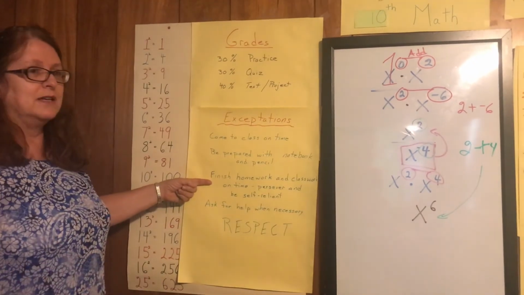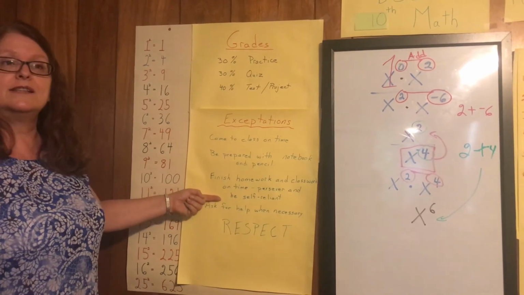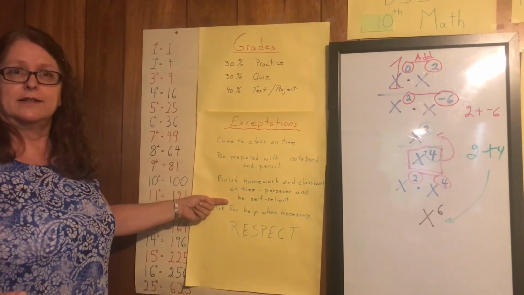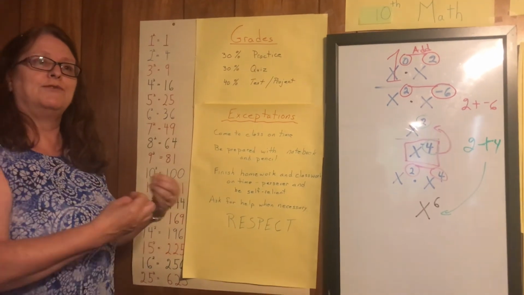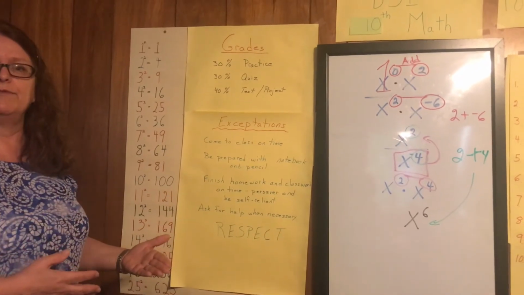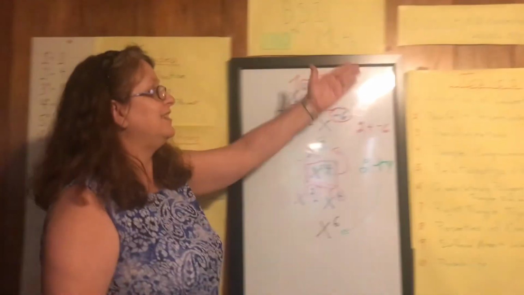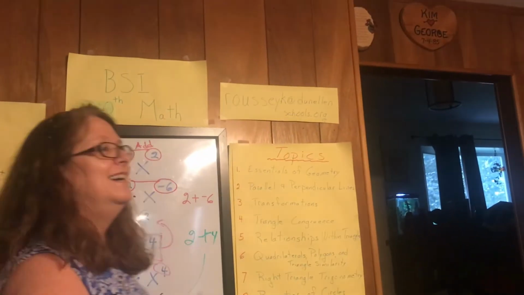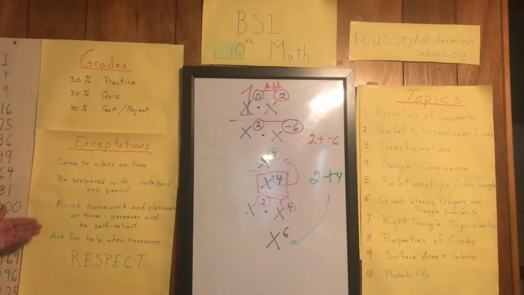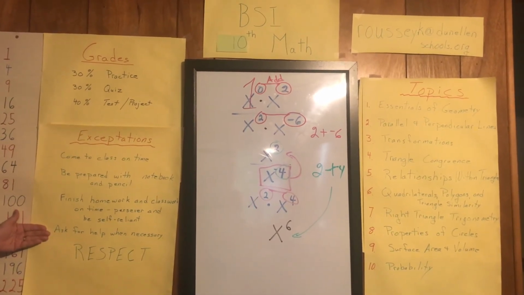I will accept things late sometimes, and sometimes I won't. This is their perseverance. This is their self-reliance. If they need to, they should look at videos. Email me, ask me for help. I am available for help. All they have to do is email me, and I will set up another Google Meet and assist them in doing it. That comes down to the last one, ask for help.